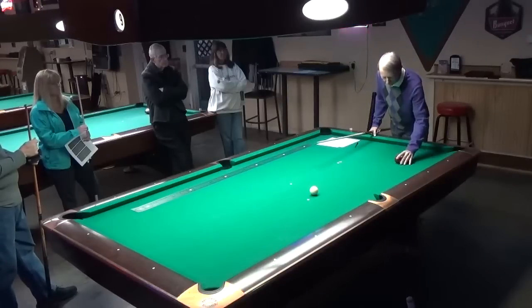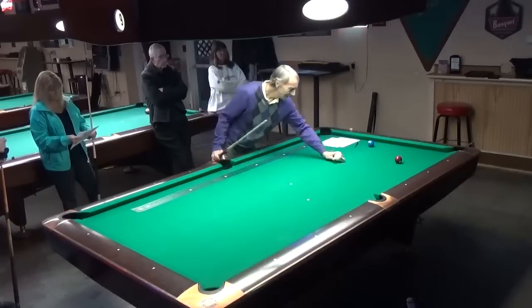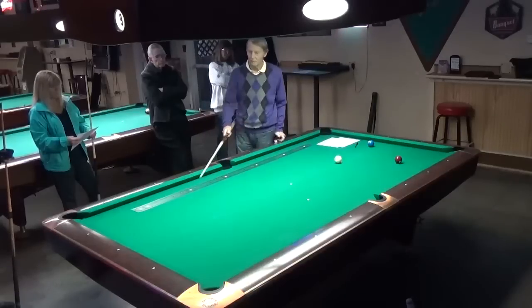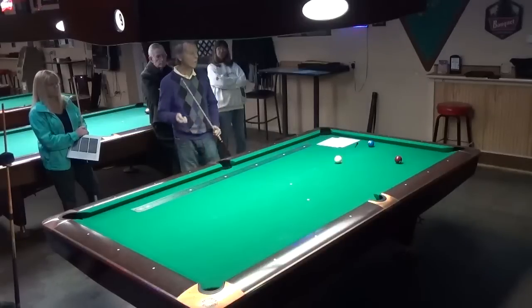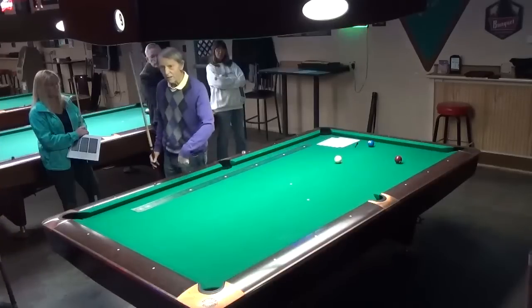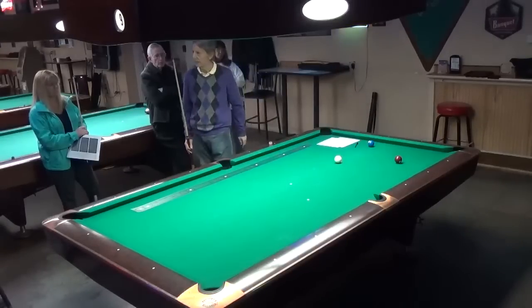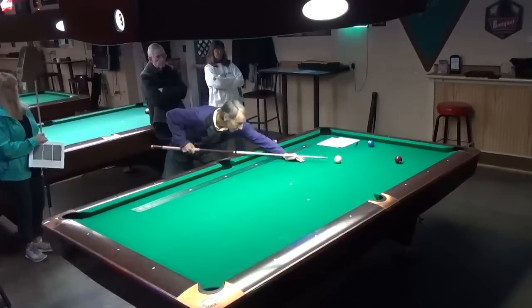All right, today on drill number 1, I have these little stickers all over the table. I want you to try some of these drills. In drill number 1, I did a stun shot and I played position for the ball into the line. But what happens if we now use a high rolling ball? The stun shot hit about right here, right? Now if I hit a high rolling ball with the ball rolling forward immediately, where would the cue ball hit on the table? Back here somewhere. Well, let's see where it goes. Swing down, all your...